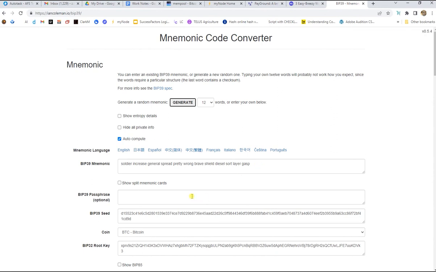Now the other thing is some people may be like, well, 12 words just won't even work with my wallet. I need a 24 word. First of all, there's no difference between 12 and 24 words. The BIP39 spec only gives you 128 bits of entropy. So 24 words is no more secure than 12. But the thing is